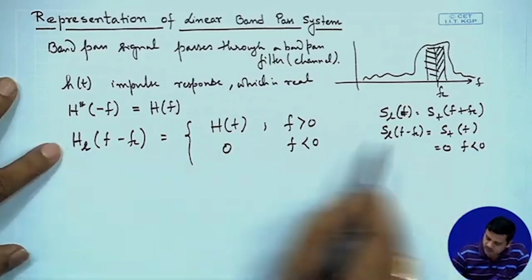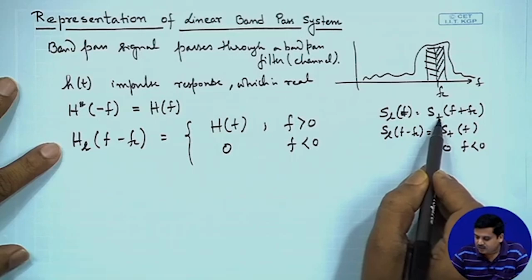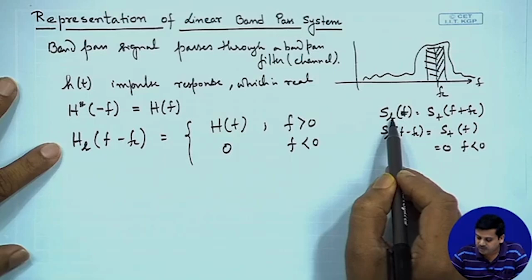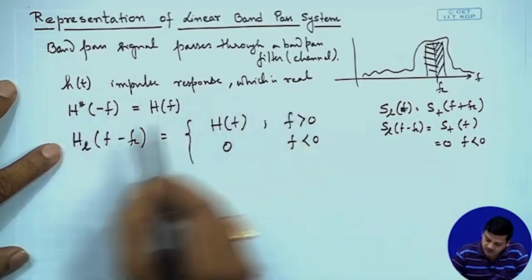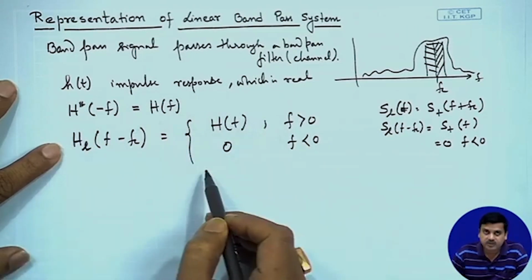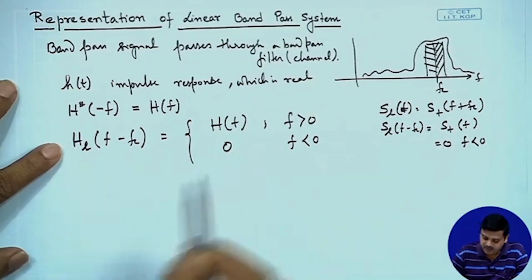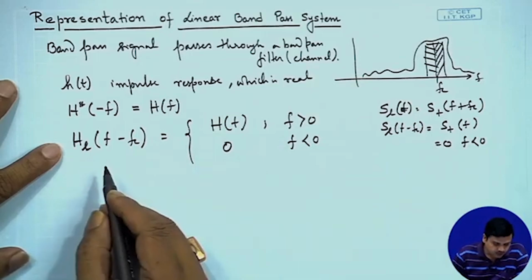So this is exactly what we have over here, and this had happened because it is real, which had a symmetric frequency domain representation, and for a symmetric frequency domain representation we can take only the positive frequencies, and by a frequency translation you can have the low pass equivalent representation, and a similar thing is happening over here. Only thing is that we are beginning with this definition. There we started with the real time signal. Here we are saying that let us define it in this way, and in a few steps you could also